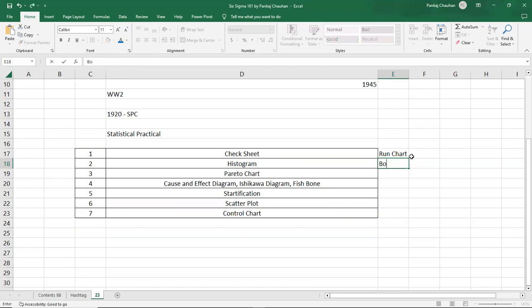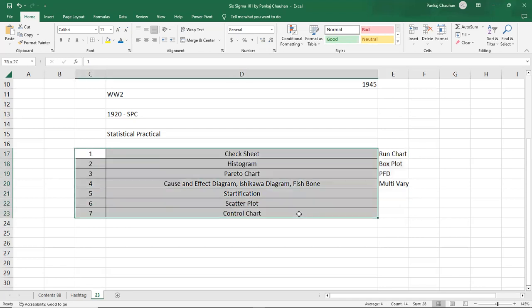Maybe you heard about the box plot, PFD, which stands for process flow diagram. There are many other tools, maybe multivari chart, and many more techniques. So these are also problem solving tools, but the original ones were developed in 1950,